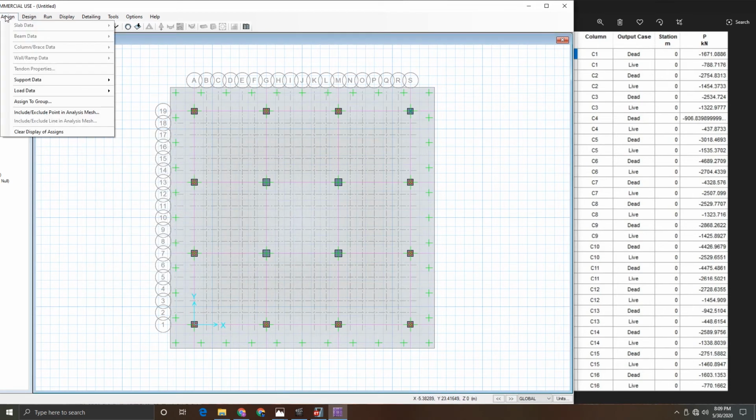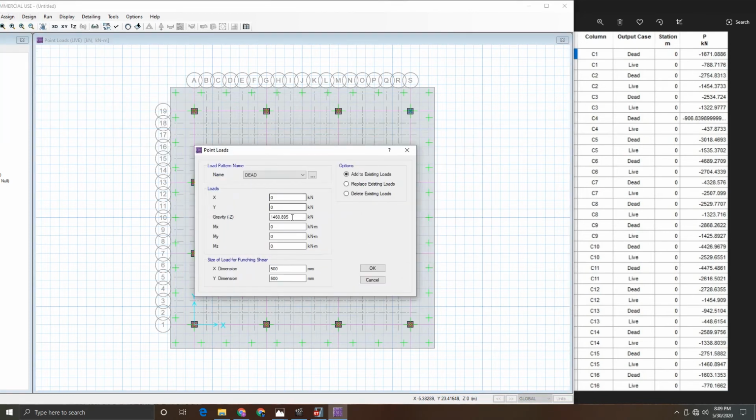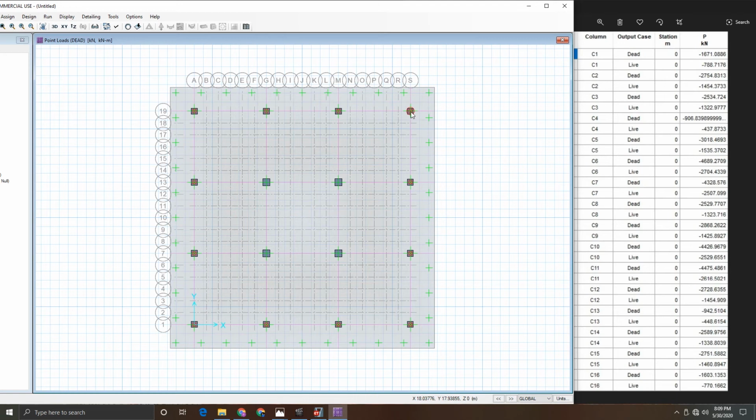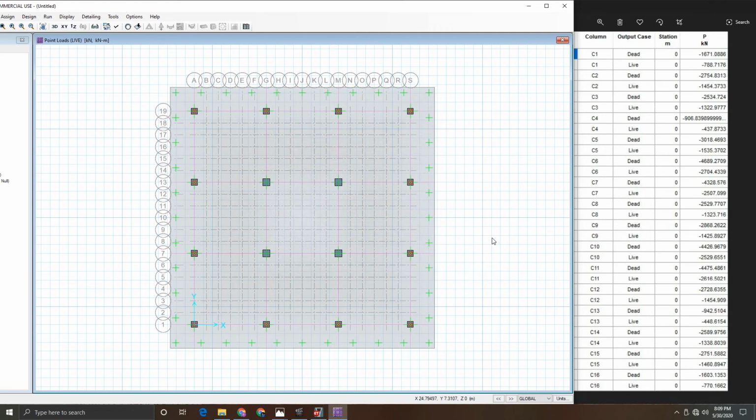C16, go to assign load data, point loads, select dead load. What is the dead load of the last column? 1603.1353. Live load 770.1662. Oh, sorry, 1662. Okay,